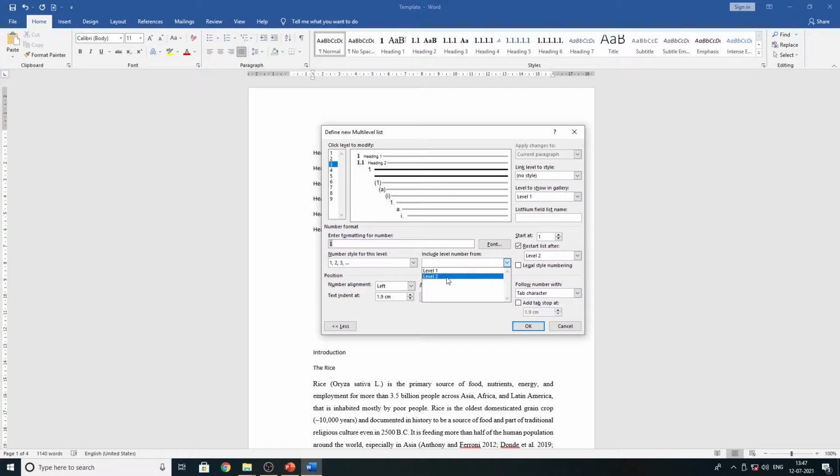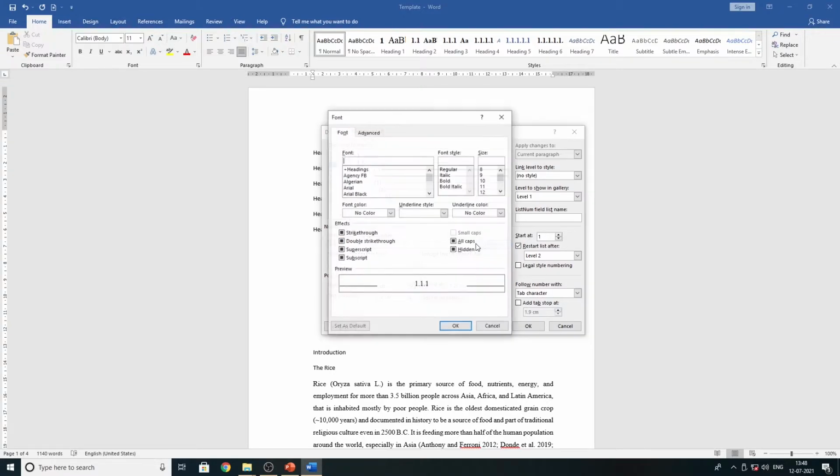I'm going to select the highest number. Always select the highest number first, then you have to go in decreasing order. One is added, then I put a dot over there. Again I'm moving backward to the left side, and again I'm going to add level number 2. Then I put a dot over there. This is level 3 of your Heading style 3.